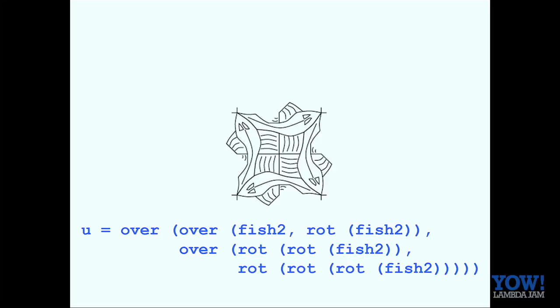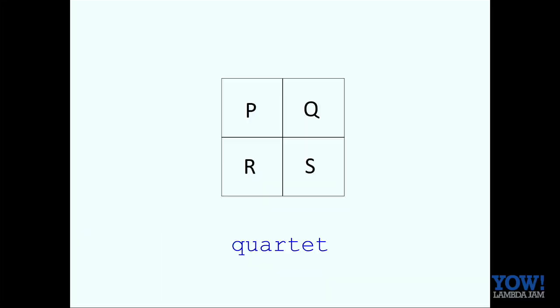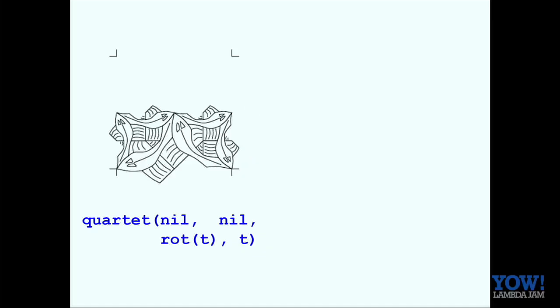Yeah. He went on to define more functions on pictures, like quartet, that takes 4 pictures and puts them together into a square, equally spaced. And now you can take, for example, that picture T that had 3 fish in, and I've got 2 copies here. This one is rotated. If you put that together in a quartet with 2 empty pictures, then we get a picture in which we've got larger fish swimming here and smaller ones above.